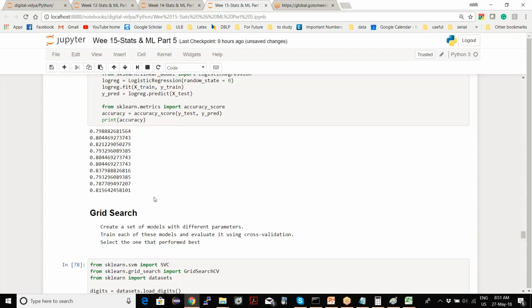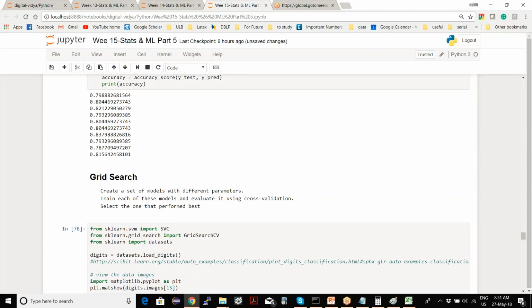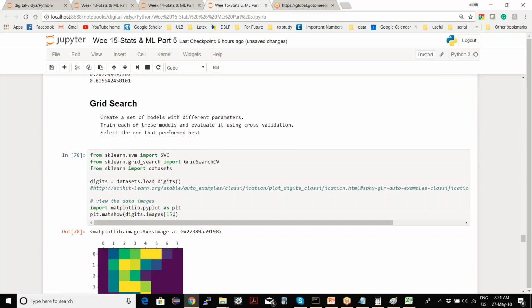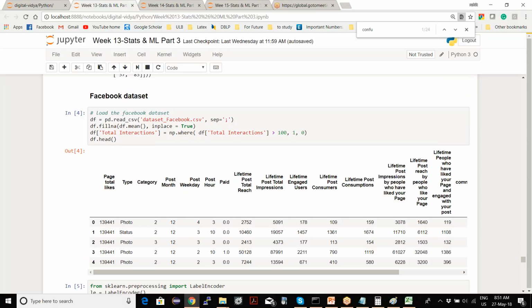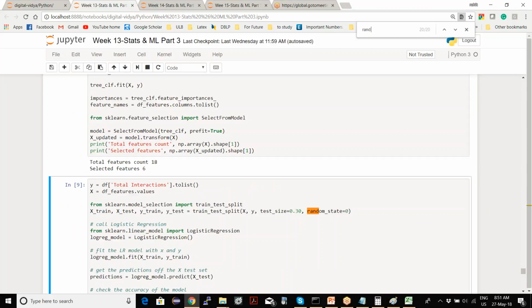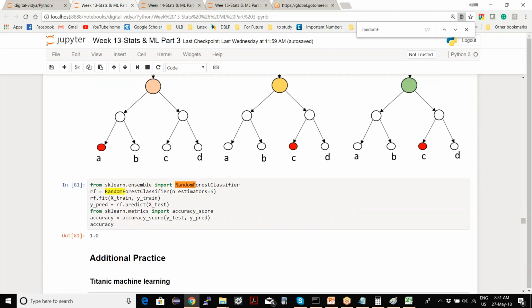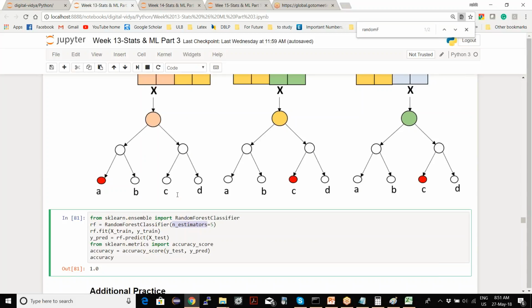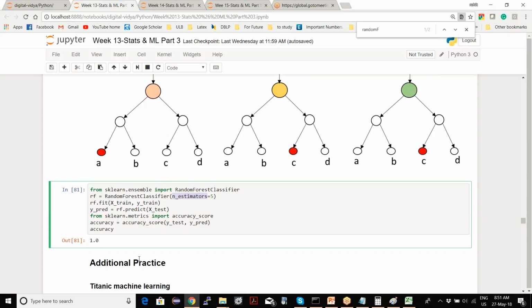Now here by model I mean, if you remember random forest, we had an example of random forest here, right? So this is your random forest model. It takes something called number of estimators as a parameter, right? So there are some parameters, and based on that parameter, it does some predictions, right? You remember random forest?